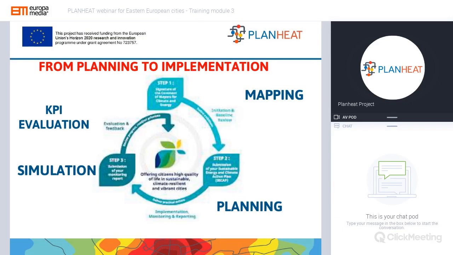So what is the PLANHEAT project suitable for? In the first place, it's suitable for putting together strategic action plans for cities and regions. It can also visualize energy demand and consumption, while it can also plan and simulate heating strategies, including a district heating or cooling route optimizer. Actually, this should be quite suitable for replacing a first high-level feasibility study.